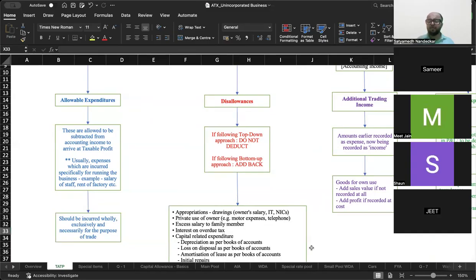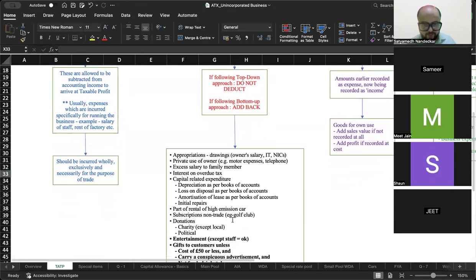So, penalty, for example, a penalty is a punishment that has been given to you for doing a wrong activity. Now, if you have been levied a punishment and asked to pay 10,000, and then the income tax authorities allow you to subtract that amount while arriving at the figure of taxable income, then naturally everybody would consider a fine as an incentive, right? A fine is a deterrent. So fines below, penalties below, these are disallowances. These are not allowed to be subtracted.